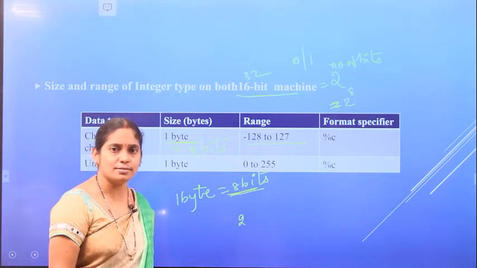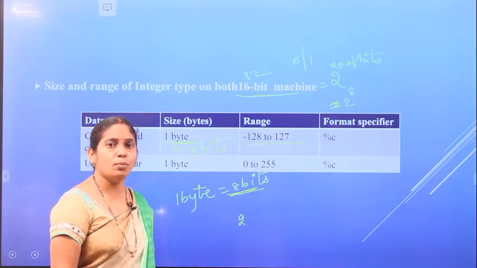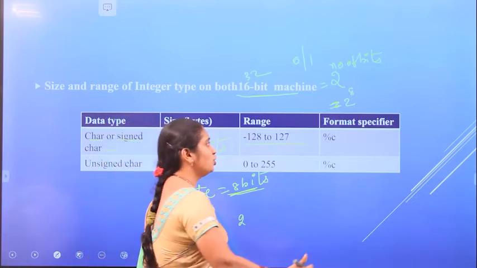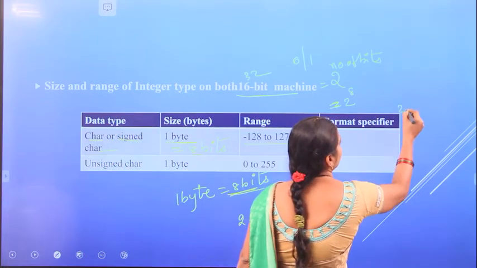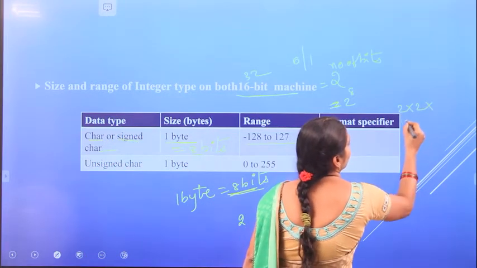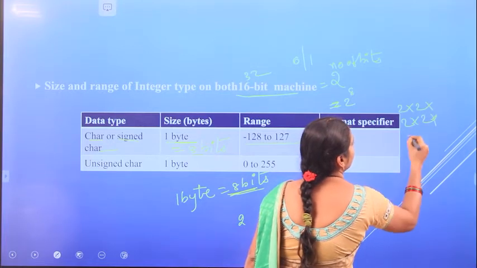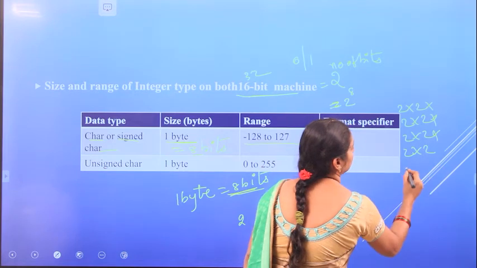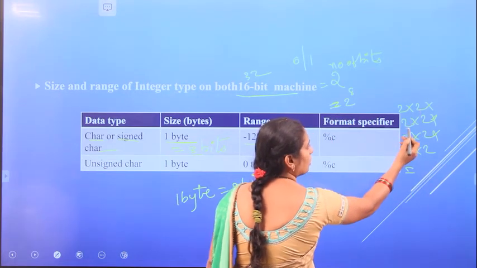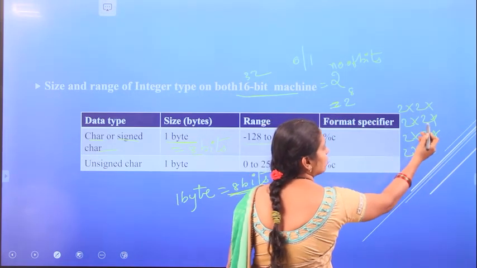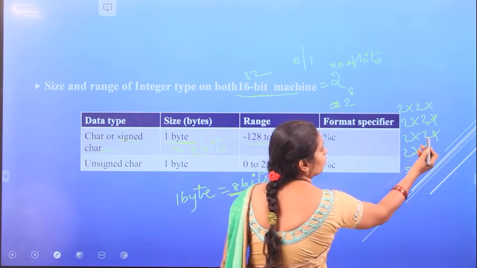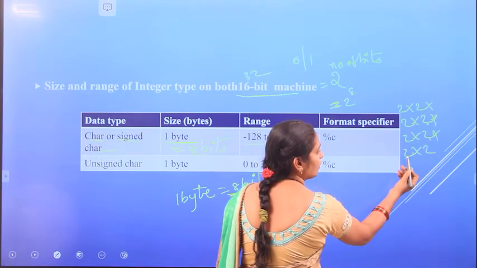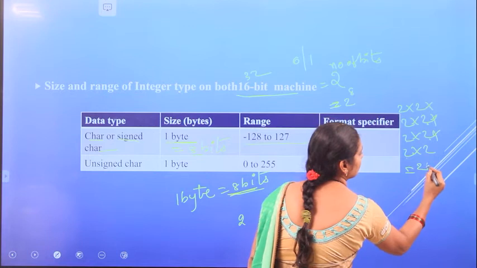How much is it? 2 power 8: 2 into 2 into 2 into 2. 2 2's 4, 4 2's 8, 8 2's 16, 32, 64, 128, 256.